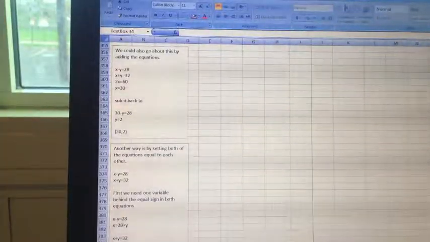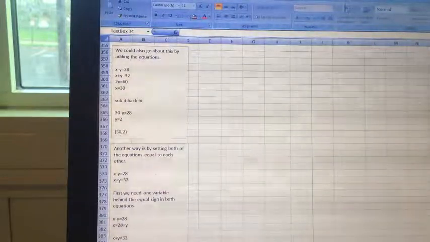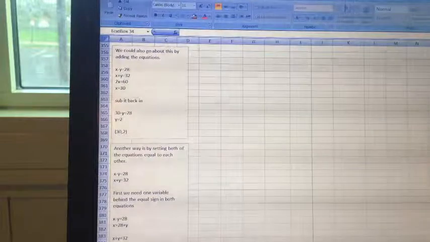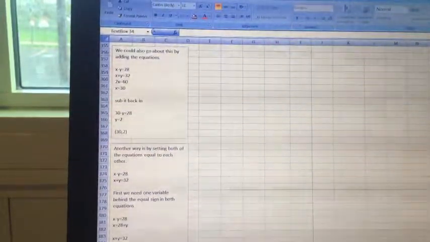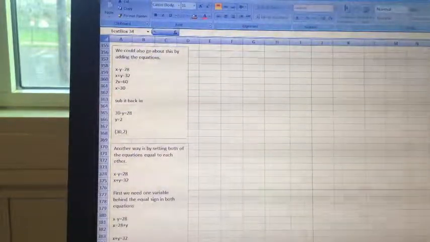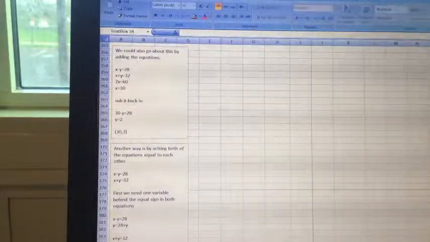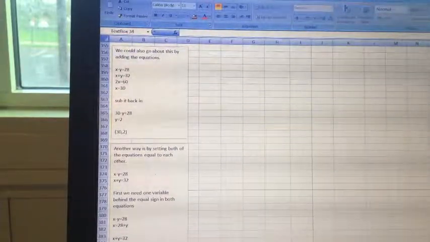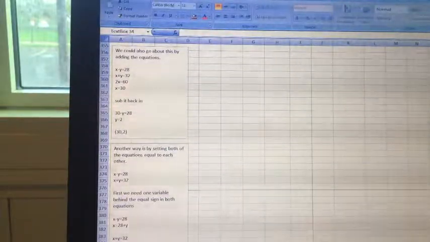Another way that many people like to go about solving systems of equations is by adding the two equations together. So what we're going to do is take x minus y equals 28 and x plus y equals 32. Since both of our y's are different signs, our y's are going to cancel out once we add them, and we're going to be left with 2x equals 60, which once we divide by 2, we get